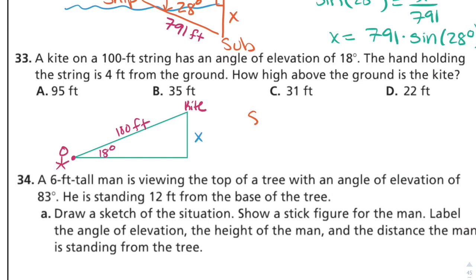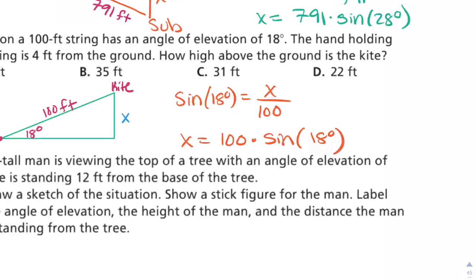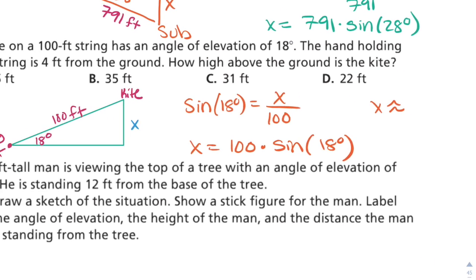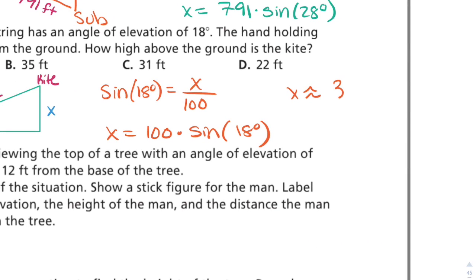We're going to do sine of 18 degrees is equal to opposite over hypotenuse. So x equals 100 times sine of 18 degrees. And so x is approximately 30.9